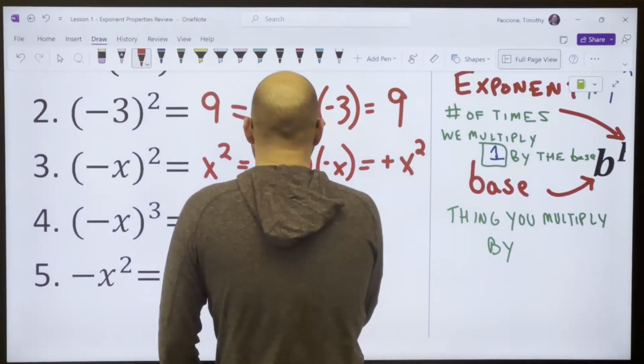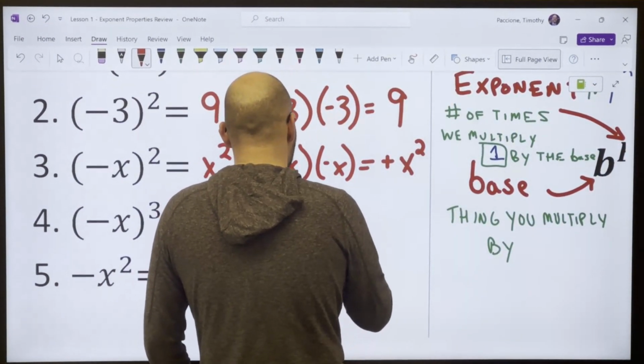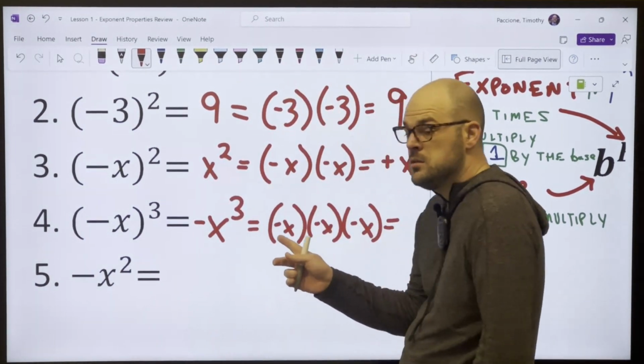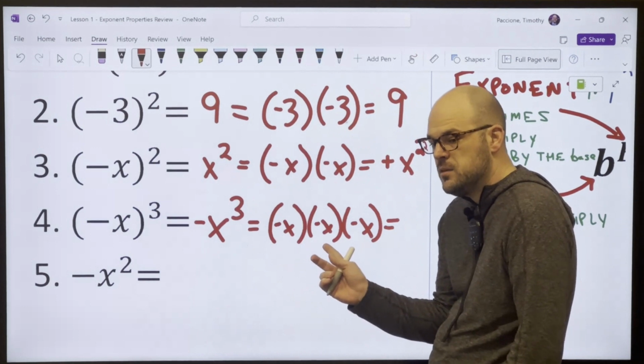If I have negative x times negative x times negative x, just like we did up here, left to right, negative times a negative is a